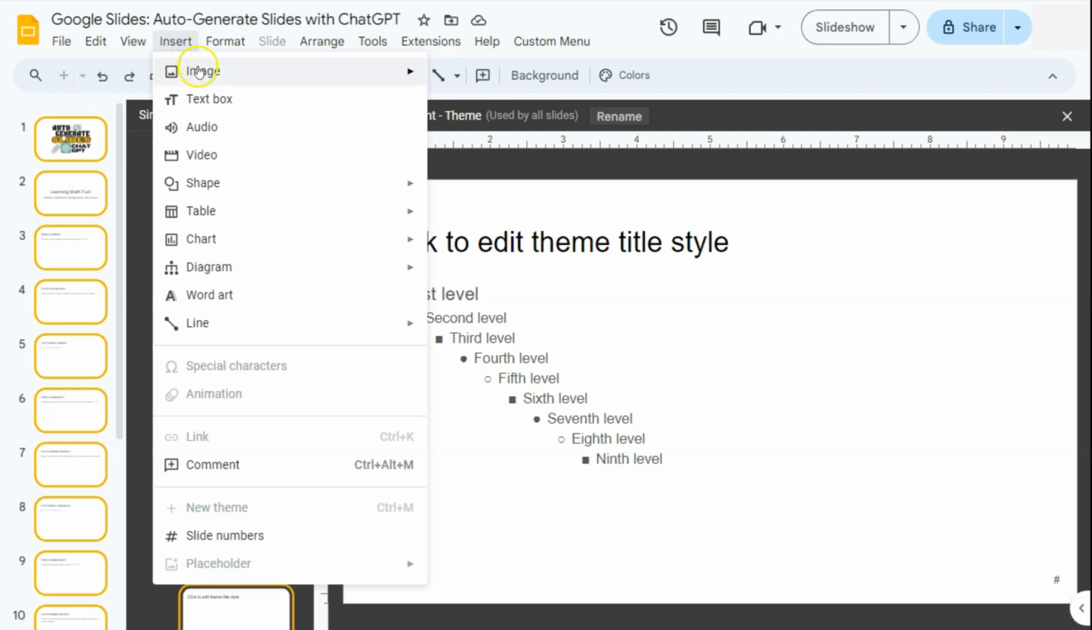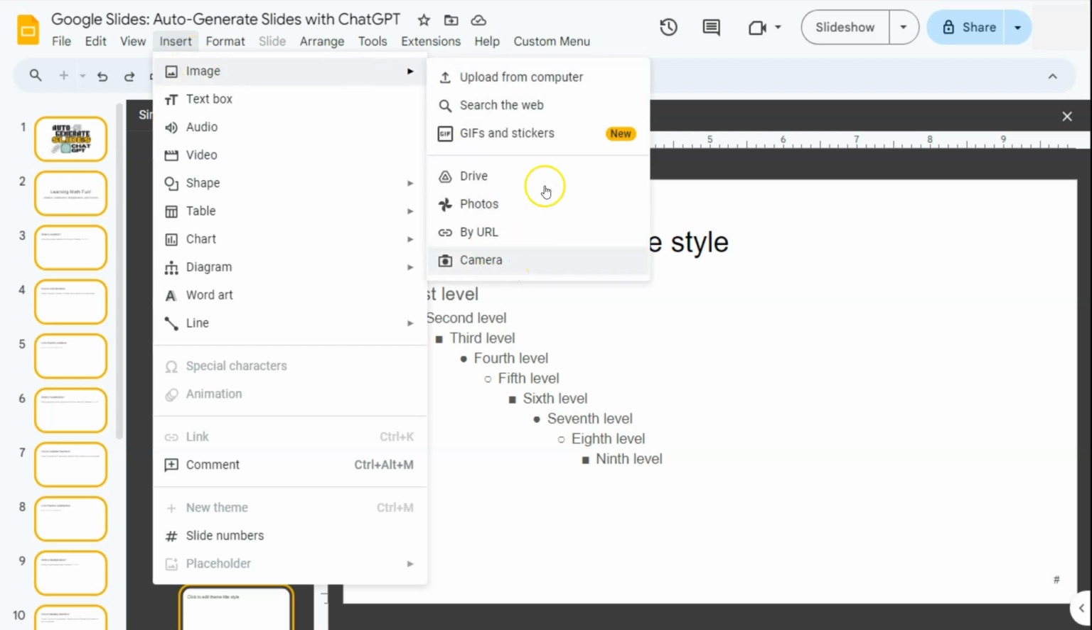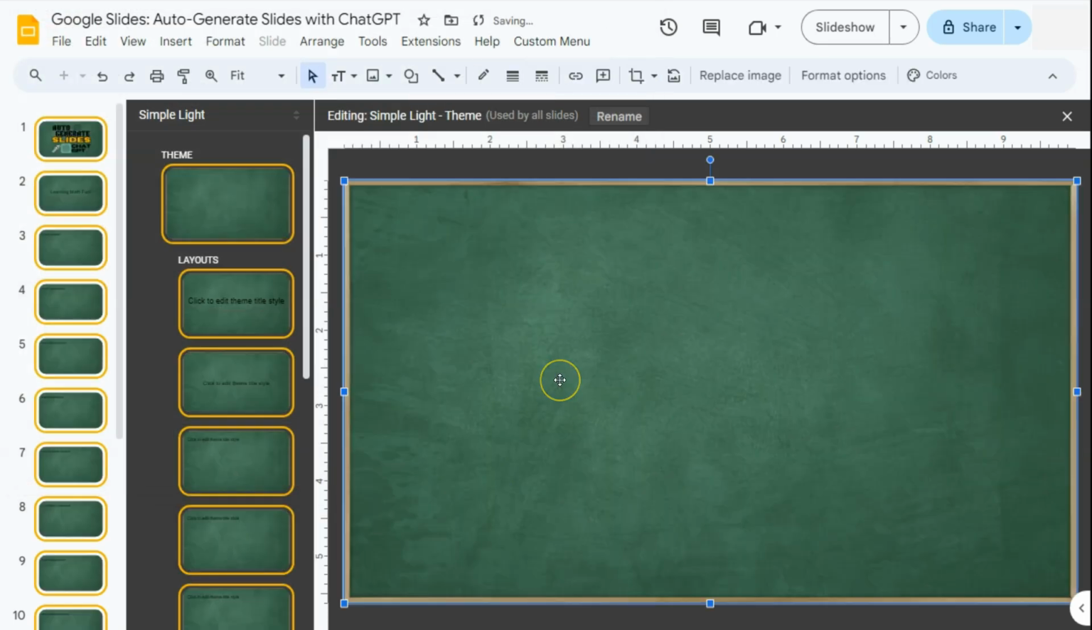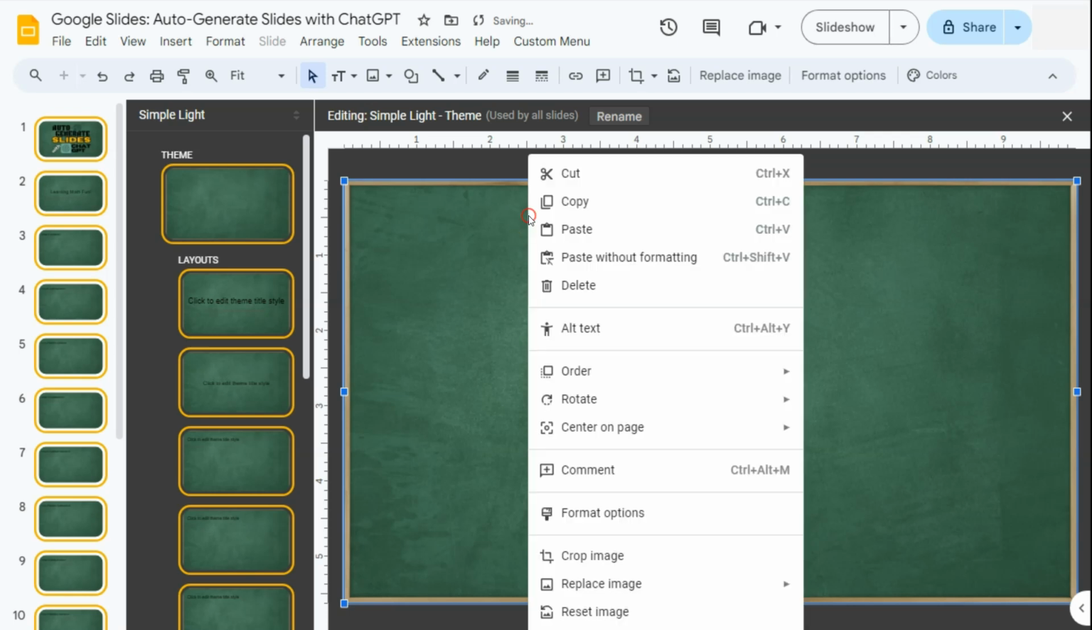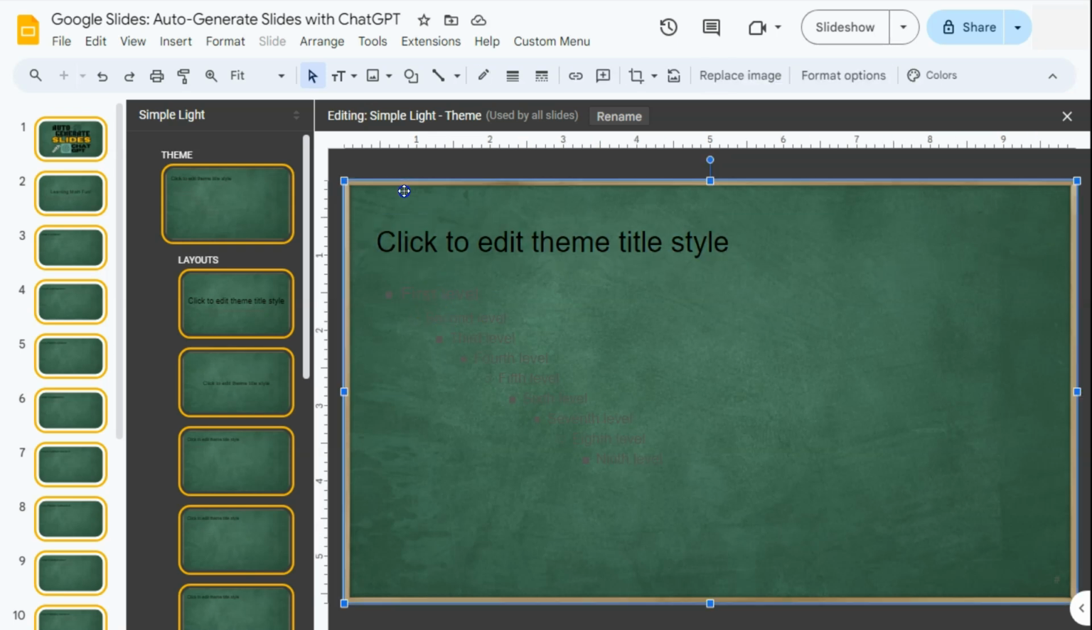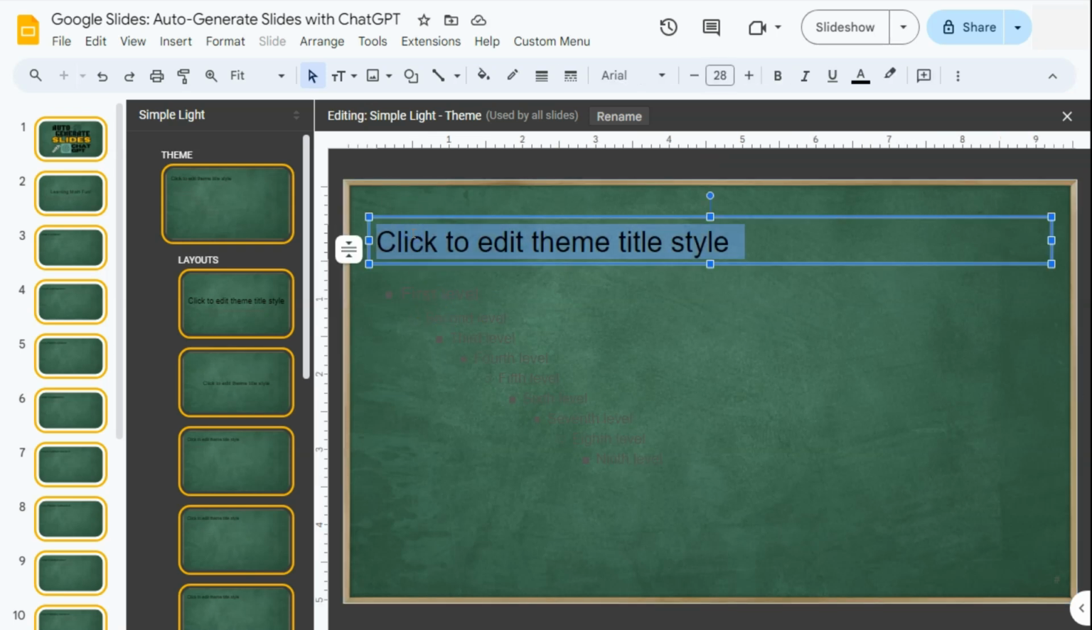Go to Insert, select Image, upload from any source you want. I'm going to have mine from the computer. Select the one that I like, click on Open, and there you have it. Now I'm just going to order this to the back. There you go. And right here is where we're going to format and edit all of our text